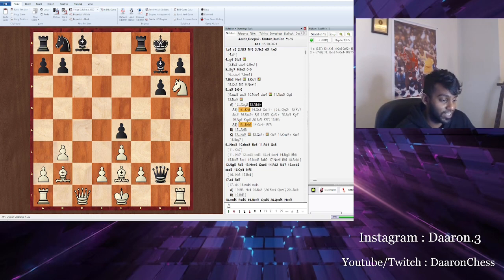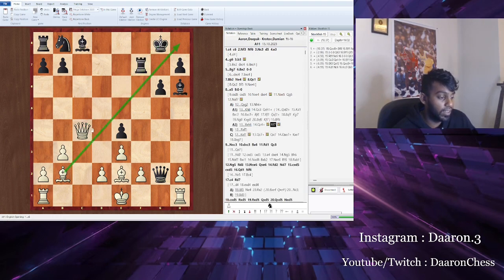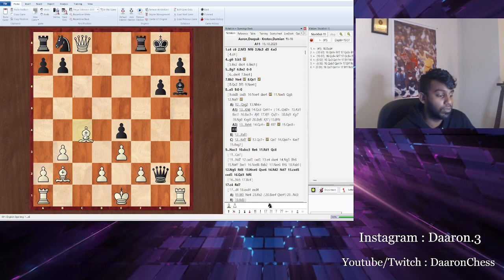So knight h6 check. If he takes, I can go queen c4 check. So I'm hitting the king, and he has to block with the rook because the bishop is cutting this off. And now it's actually pretty much mate. So queen takes. I guess you can go rook f8, bishop c4 is actually just mate in one,